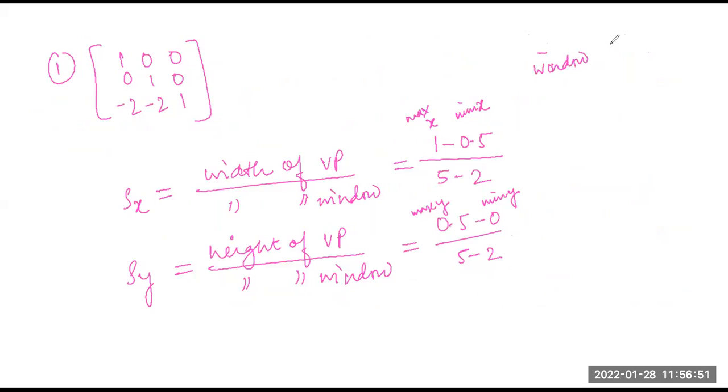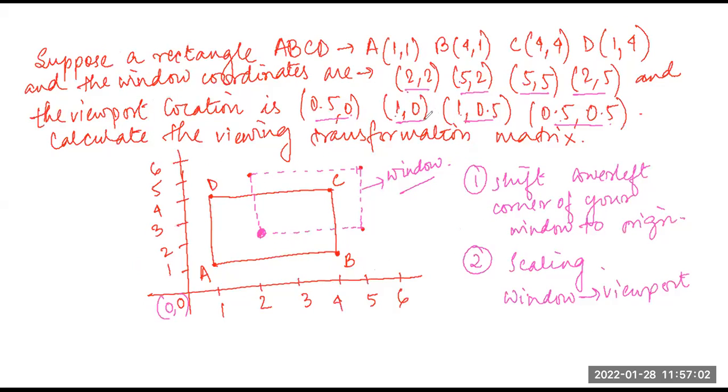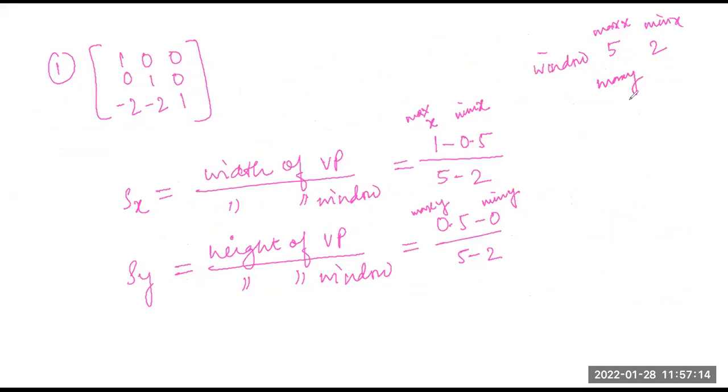मैक्सिमम x वैल्यू है 5, और मिनिमम x का वैल्यू था मेरा 2। सिमिलरली फिर से देखो, मेरा फिर से विंडो के लिए y कोऑर्डिनेट्स में कौन कौन सा है, देखो 2 है, 2 है, 5 है, 5 है, मतलब फिर से मैक्सिमम y वैल्यू मेरा बिटवीन द y कोऑर्डिनेट्स 5 है और मिनिमम y वैल्यू मेरा है 2। तो इसलिए यहाँ पे भी मेरा 5 - 2 निकला है और यहाँ पे भी मेरा 5 - 2 निकला है। सो when the coordinates will be provided to you of the viewport